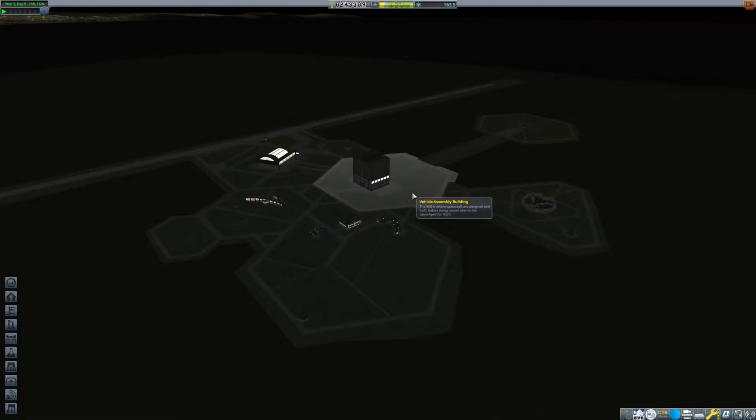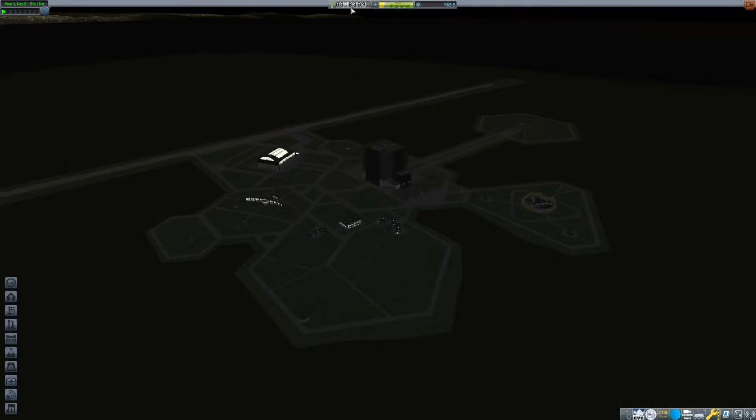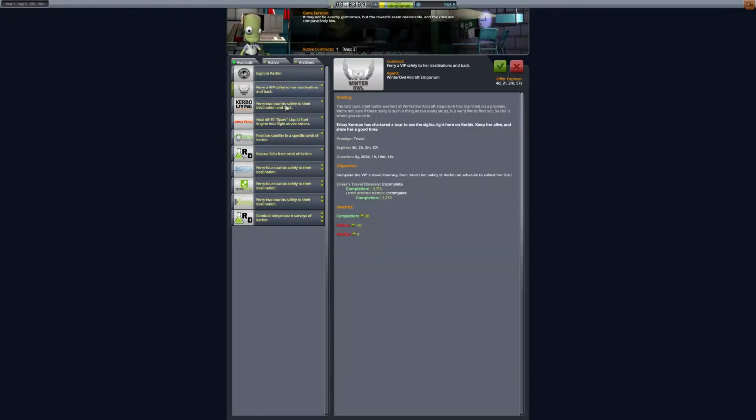Okay, we built the ship, but we need a little bit of money to upgrade the vehicle assembly building so we can have more than 30 parts. This will actually unlock that, but our ship is $29,000, so we don't quite have enough. And we're going to actually take...